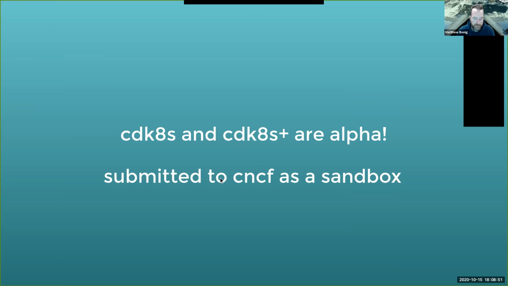They are fairly stable, but don't be surprised if you see some changes when it comes to the way the library actually handles some of the more edge cases around the functionality. The team that's building it are some of the guys who were working on the CDK. They learned a lot from the CDK, and they brought those things over into the cdk8s. So it's still a fairly good API, in my opinion, for where it's at in an alpha state.